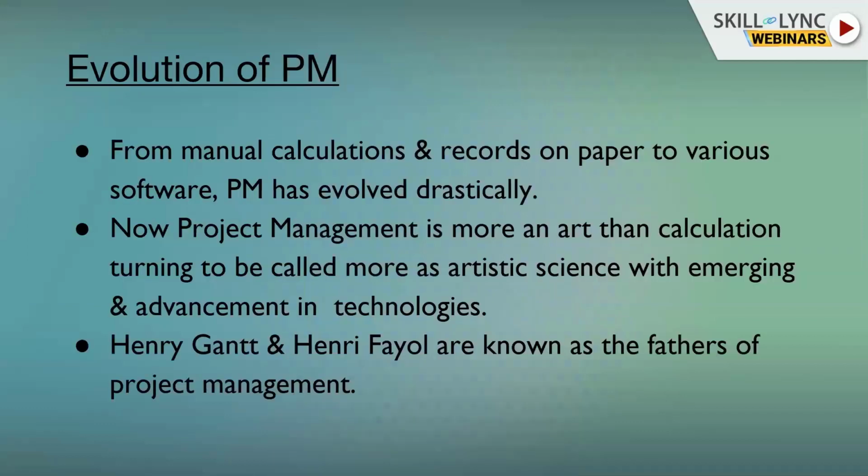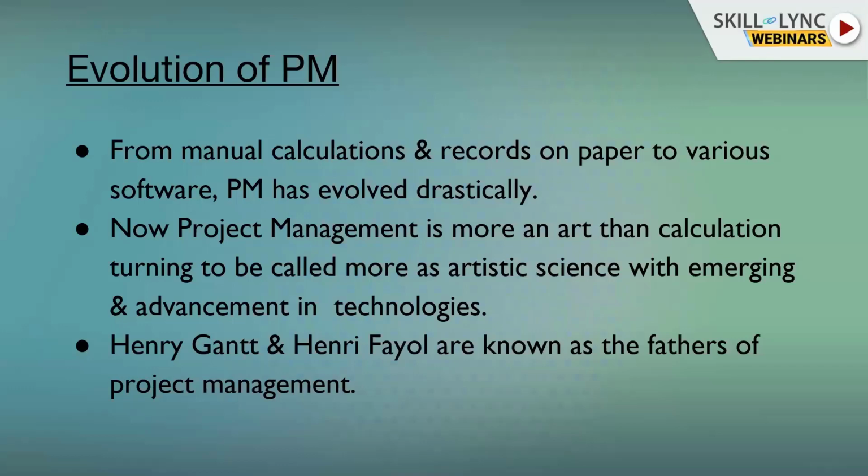So again, if I move forward, the evolution of project management: how it got evolved. We have gone through various things, like how the project has been done and how it has been managed by our forefathers. We always know that there were forefathers of project management. Henry Gantt is best known for creating his self-named scheduling diagram, the Gantt chart. The Gantt chart was discovered by Henry Gantt, and project management has evolved from many things.